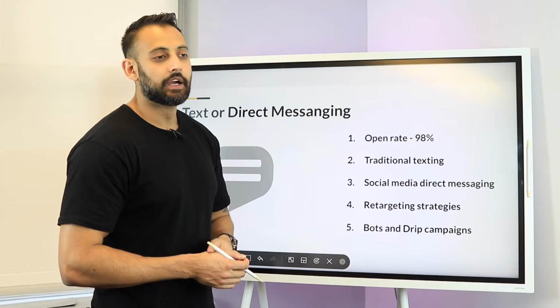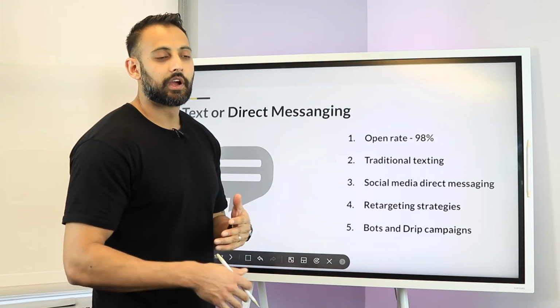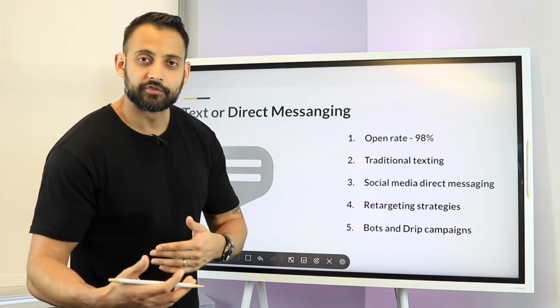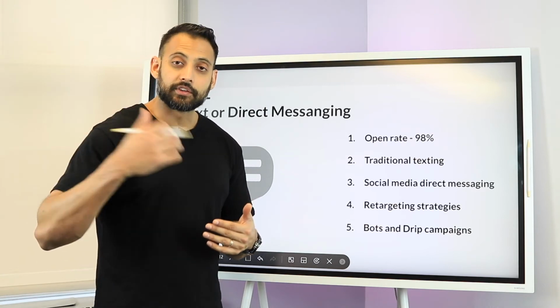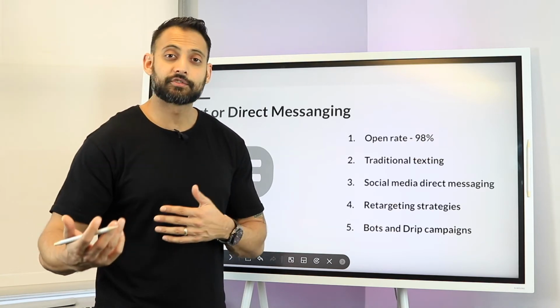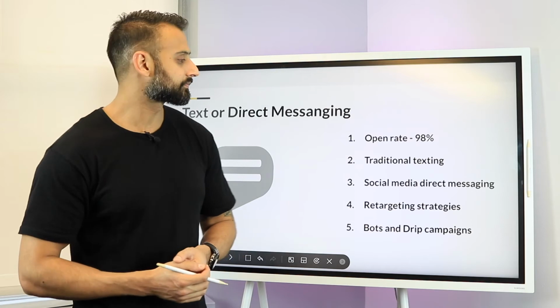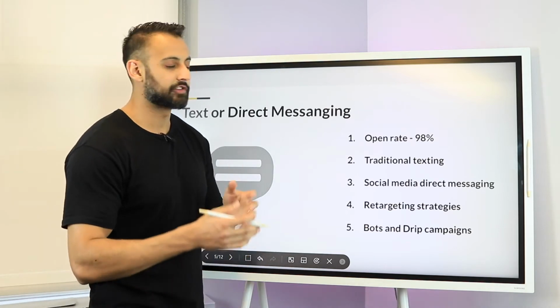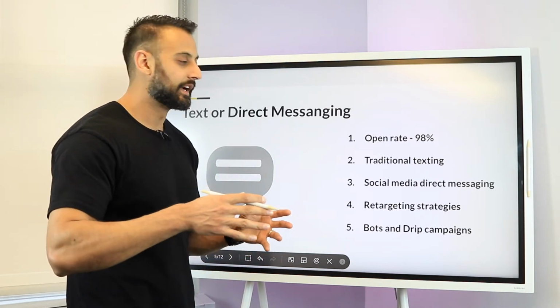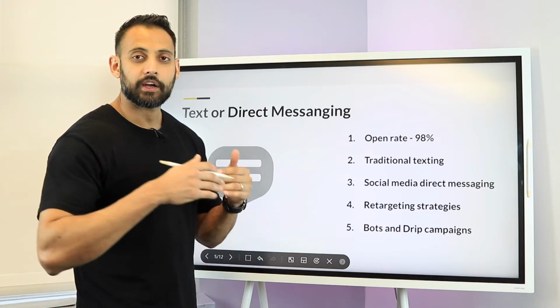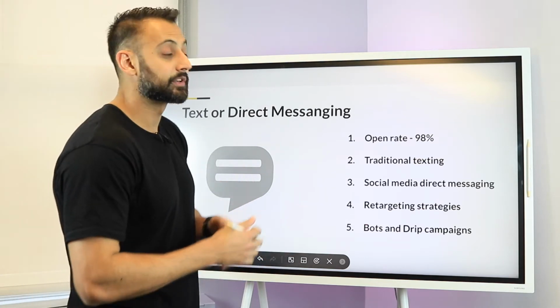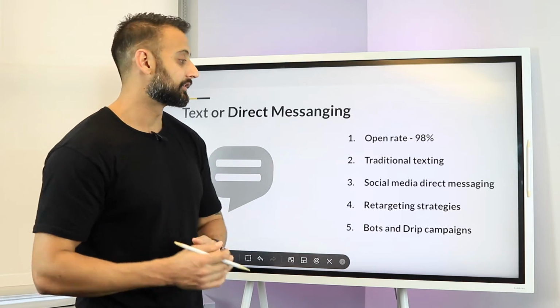If you've noticed today, a lot of people, if you sign up to certain websites, you're signing in through Facebook Messenger, your Facebook, and then you'll start to actually receive messages through Facebook Messenger as an advertisement. This is now happening. So it's transcending from just text messaging in a traditional sense to direct messaging through social media platforms, because a lot of people are communicating in that fashion too.